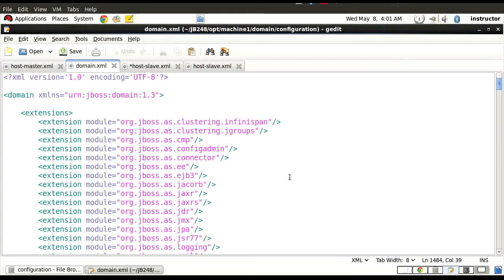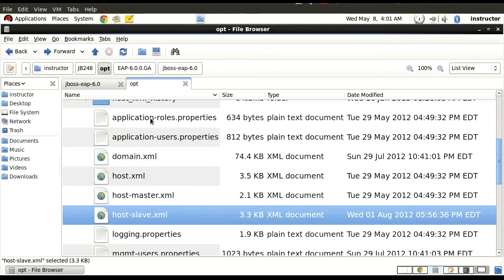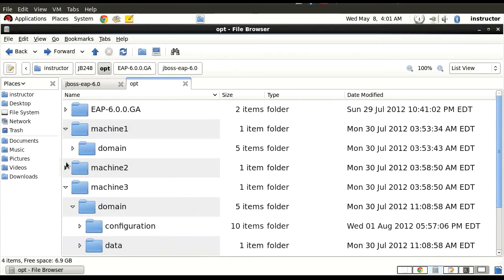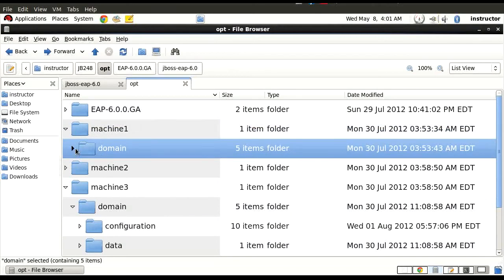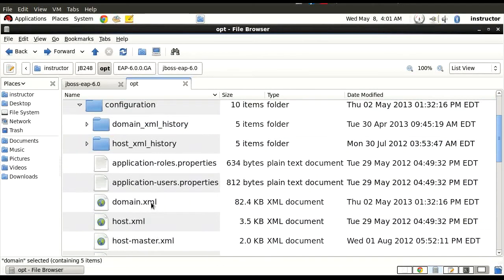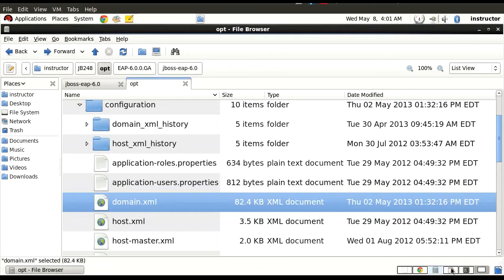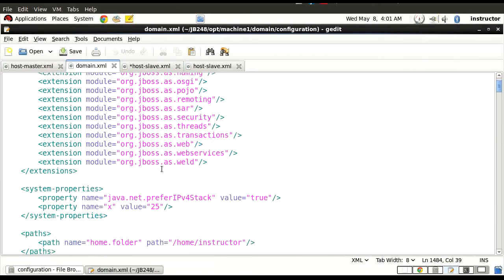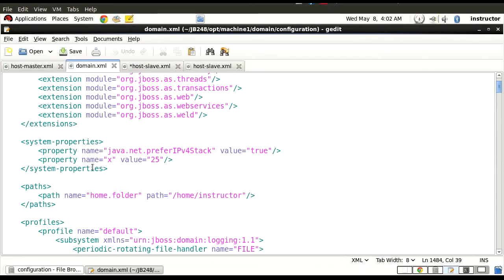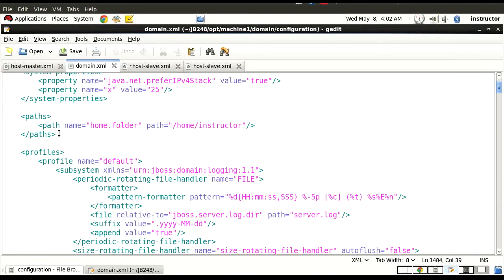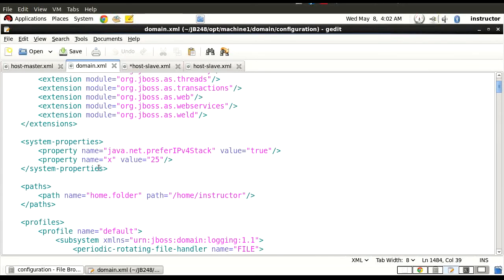Let's take a look at the domain XML file here. As you can notice, this is the domain XML file. I'm showing one part of the machine1 folder, which, for lab purposes, is acting as the domain controller. So it's using the domain XML file there. It has the extensions and system properties, for example, the definition and a path definition here. You can simply declare them and then define them in a host XML file, or you can declare them and also associate a value here,